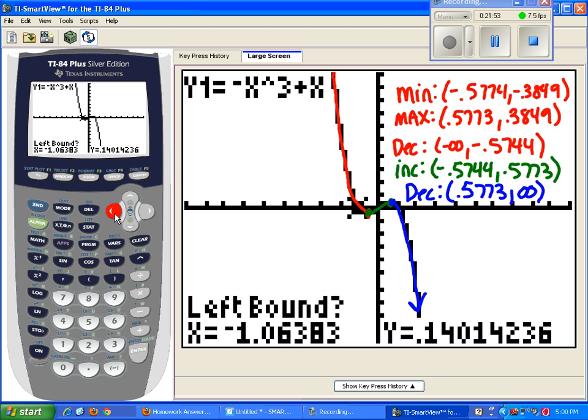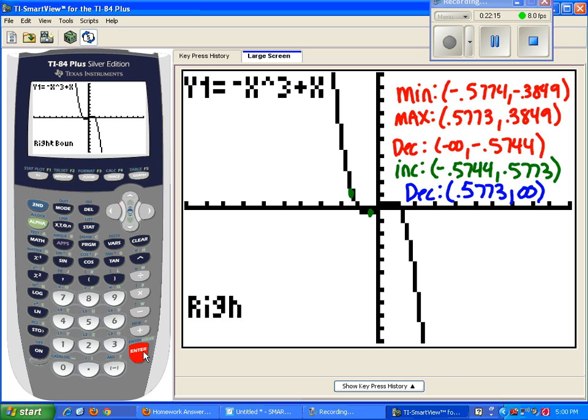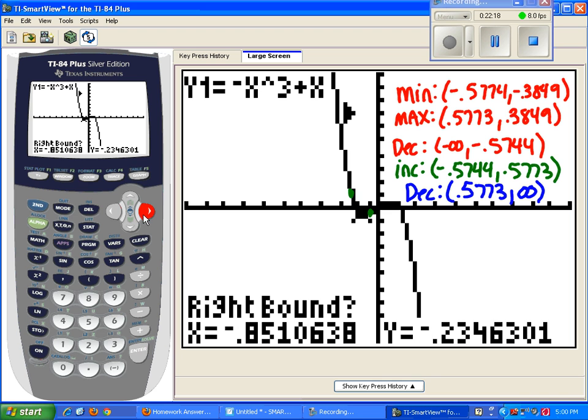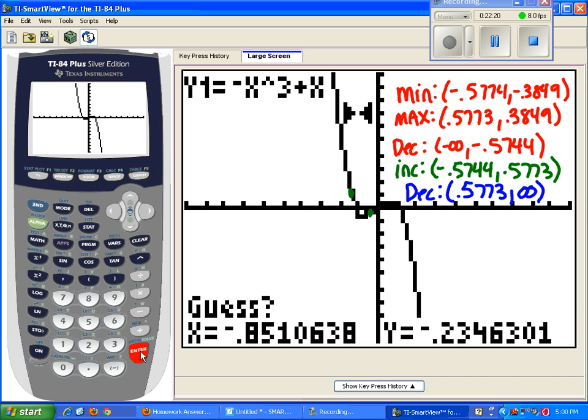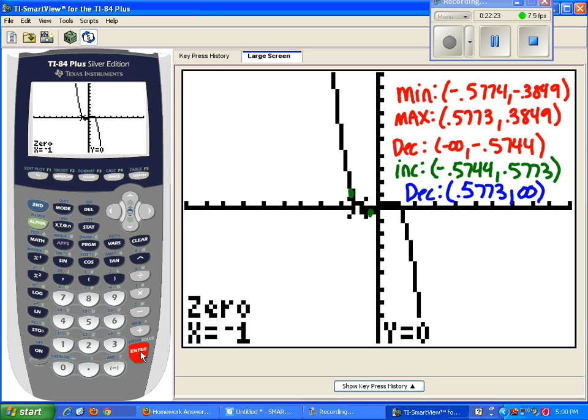So I'm going to scroll over to the first one. And so here is where on my graph I think I have my 0. In order to find the 0 using this, I need to pick something to the left of this point where I think it's 0. Something to the left would be up here above, something to the right would be below, and then hit enter. So above, left, enter, below would be right, enter, and then we'll guess the points in between that. Notice I get a 0 of -1,